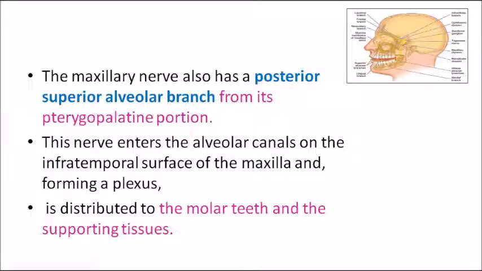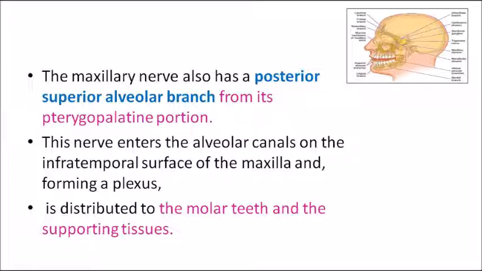So far we were discussing the supply to the palatal region. The posterior palate is provided by the greater palatine branch. The anterior region adjacent to the incisive papilla is provided by the nasopalatine branch. And we have also seen the soft palate is provided by the lesser palatine branch.